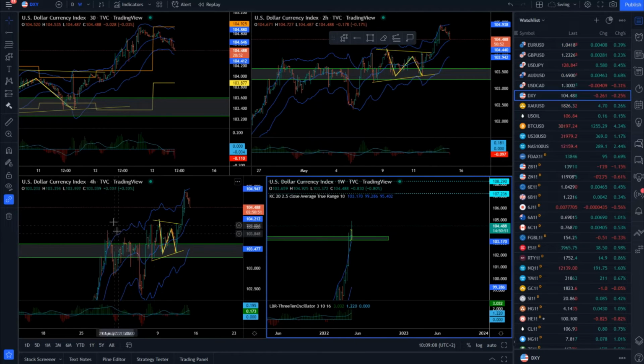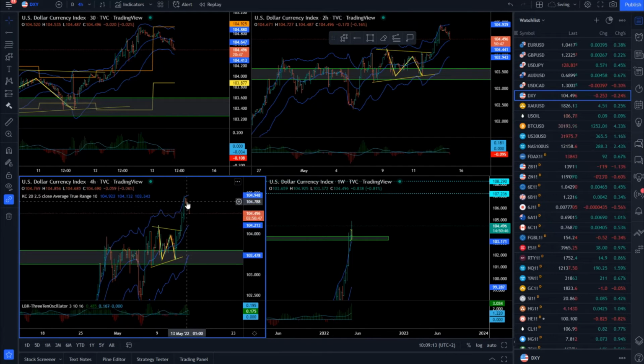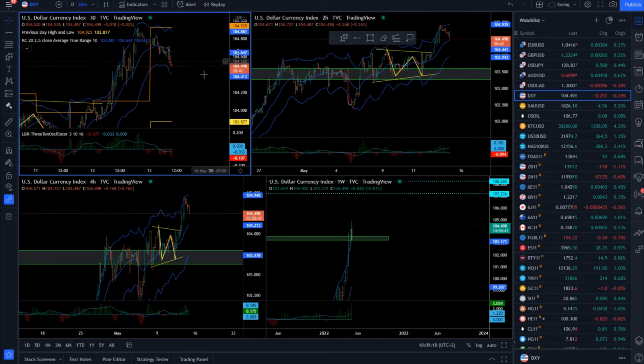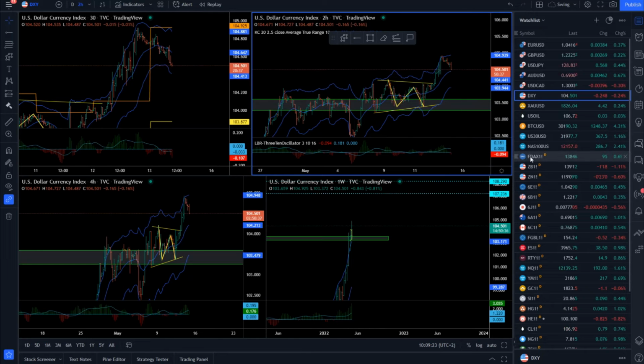Now, of course, the market can do normal reactions, can do ABCs, pullbacks, contractions, and we are now actually experiencing one, from my perspective, a pullback. So I would like to see if the market will catch the bids under this pullback. We have this middle Keltner line on the 2-hour time frame at 104.44. If there is a deep pullback, maybe we can revisit 104.10, the 104 mark. But for now we are at 104.50 with no evidence of a continuation of the upside, but we'll see coming into the US session.